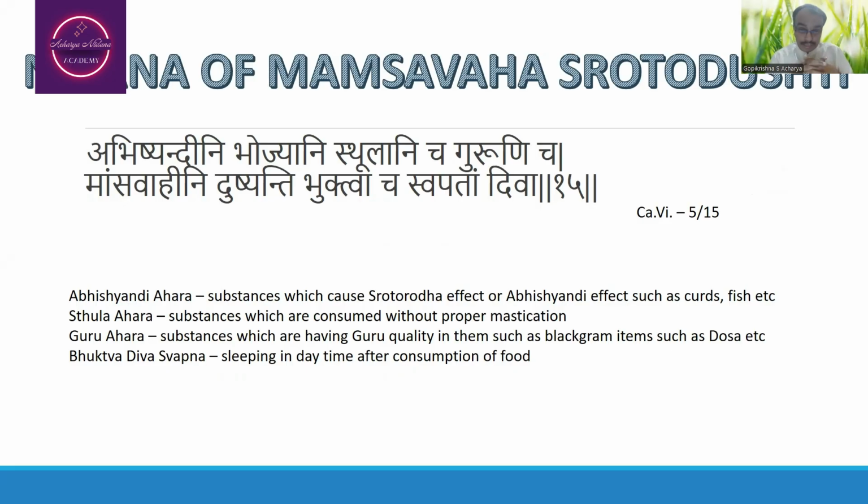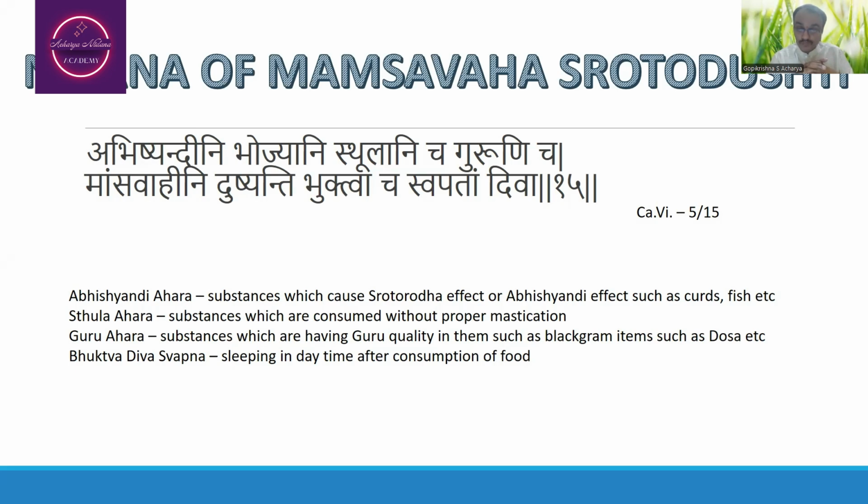So, the Charaka says, Abhishyandi Bhojjani Sthulani cha Guruni cha Mamsavahini Dushyanti Bhuktva cha Swapatam Diva. If you split this, Mamsavahini Srotamsi Dushyanti Abhishyandini Bhojjani, Sthulani Bhojjani, Guruni Bhojjani, Bhuktva cha Swapatam Diva. That means the Mamsavaha Srotas are getting afflicted if the person is going to take in excess